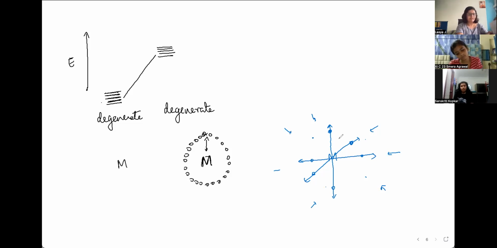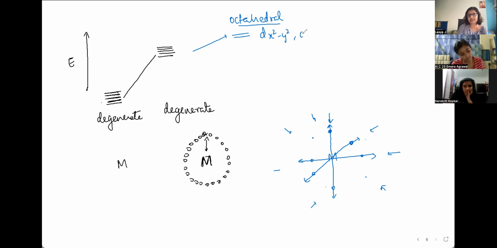So roughly speaking, just as a preview, if it is approaching octahedrally, in the case of octahedral complexes, because it is on the axis, dx square y square and dz square will have a higher energy, the orbitals that are on the axis. And